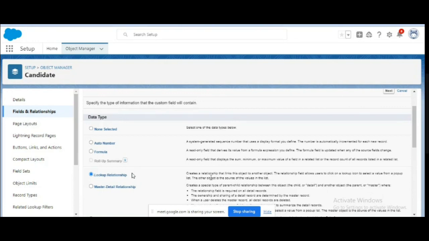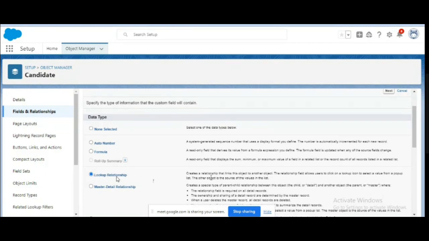The other difference is that suppose you want to delete a record. Suppose you want to delete a candidate record, right? In lookup relationship, if you delete the candidate record, then in lookup relationship, that means if you